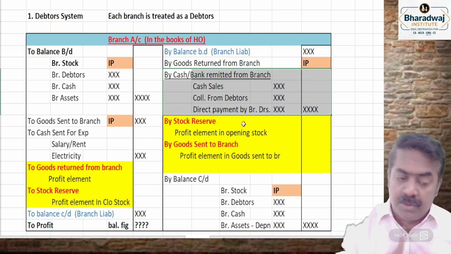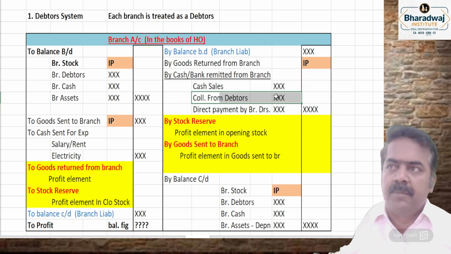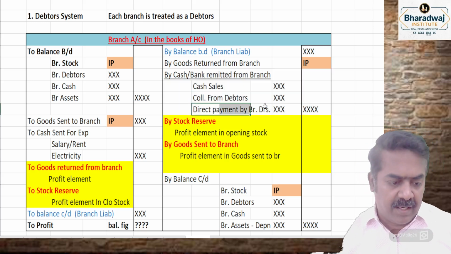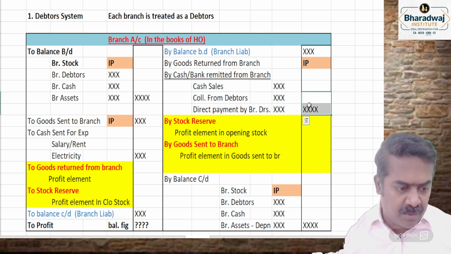So in a branch accounts question, what can be missing is finding out the collection from debtors. You can prepare the debtors account and find out. And sometimes direct payment also may be made by customers. Cash sales also will be included. Then